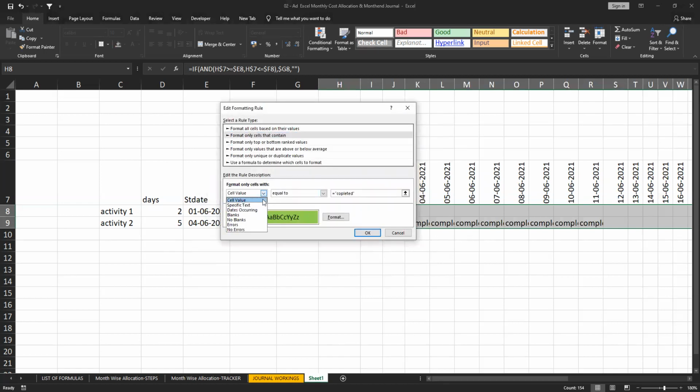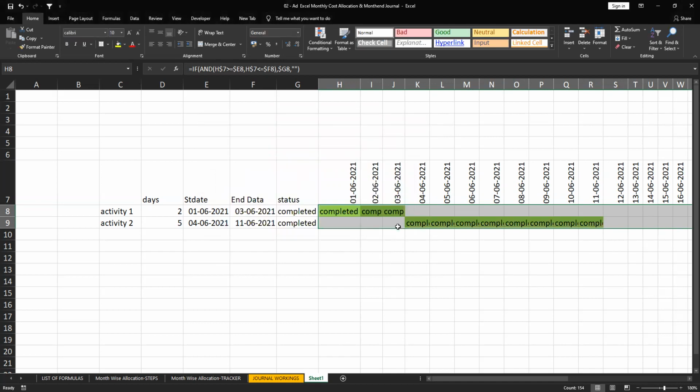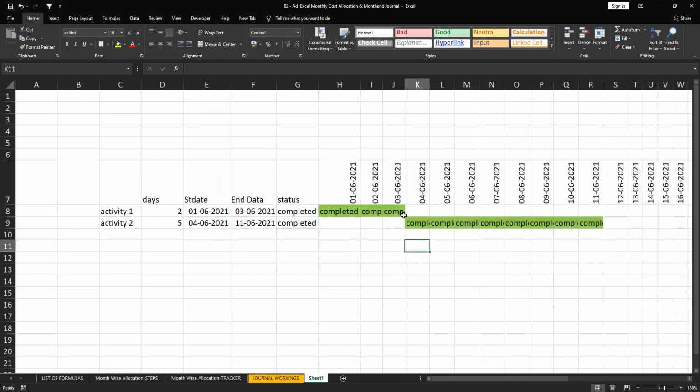So cell value contains, equals to, so spelling mistake, sorry. Completed. See, automatically you get the completed color.